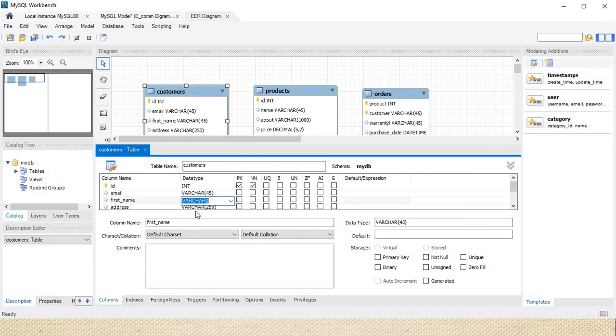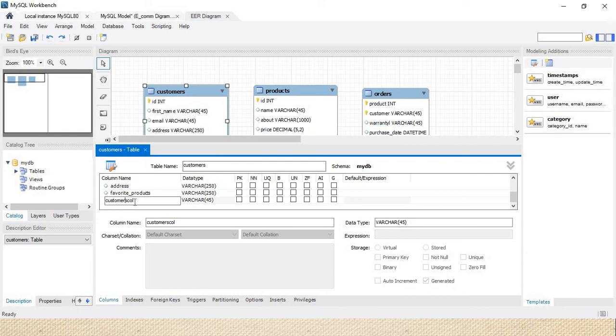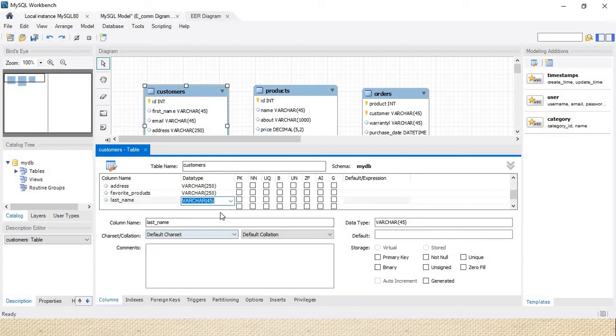We'll do the same for the second name also. In that case we'll use varchar. After ID I will use first name. Later I will create one more column that will specify last underscore name, whose data type is varchar.